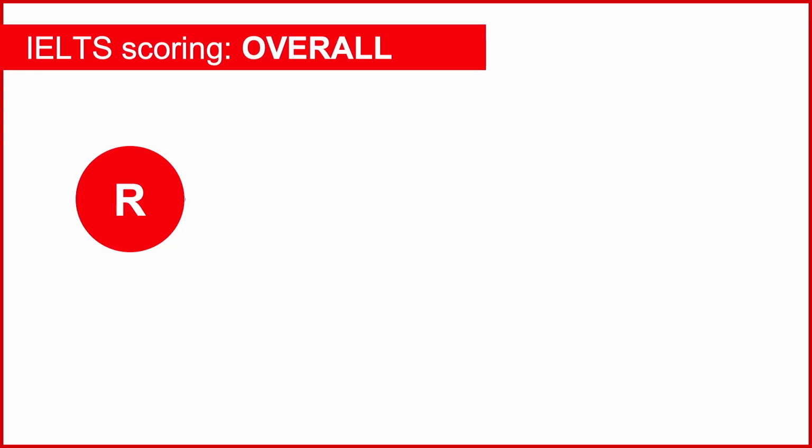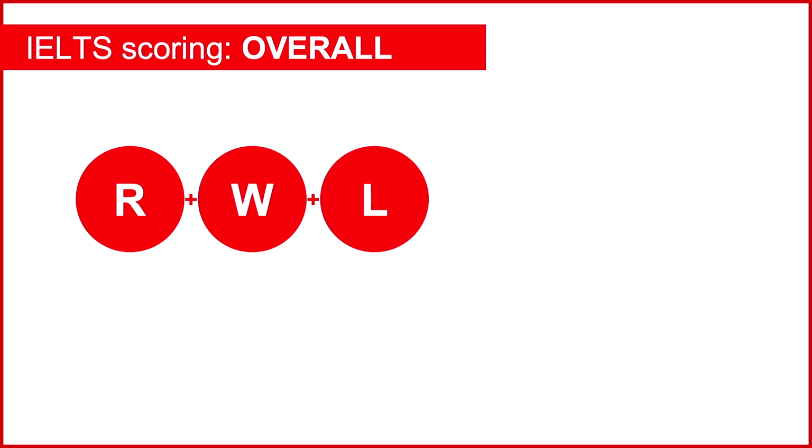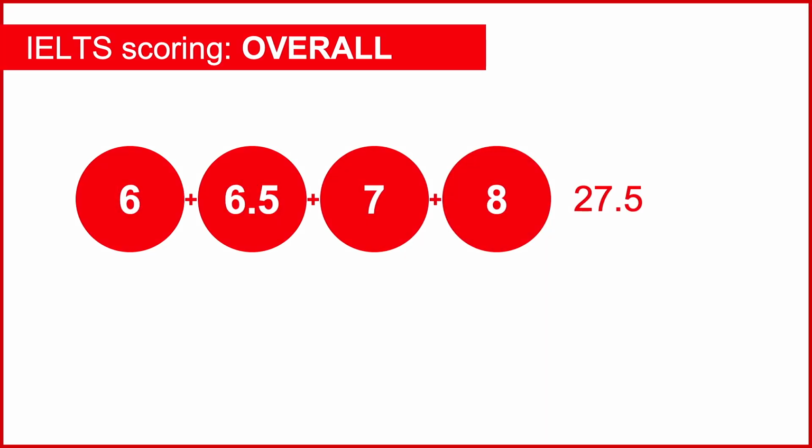So you've got now 4 separate scores: reading, listening, speaking, writing. How do you get your end score? You can probably guess. Pretty simple. Just add your scores together. Reading plus writing plus listening plus speaking. In this case, let's imagine these are the scores: 6, 6.5, 7, and 8. This comes to a total of 27.5. And then we divide that by 4 to get the average. So in this case, it's